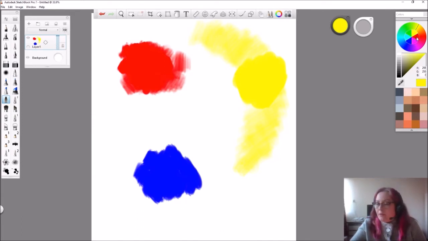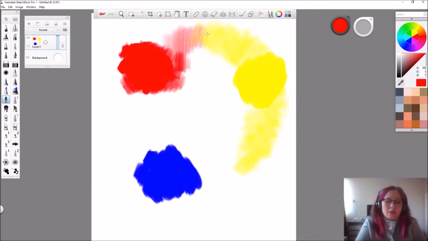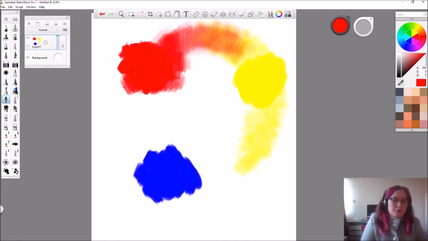I'm going to grab that red again, this big chunk, a little red, and once again we have 255. And I'm going to lightly go over that yellow, and you can see it's already starting to make orange. I'm going to go a little darker and just lightly color into my yellow, and I'm getting orange colors. There we go. Then I'm going to lightly color this direction in my circle,